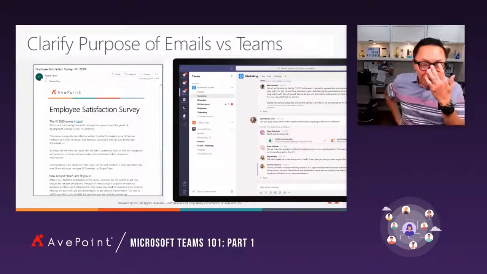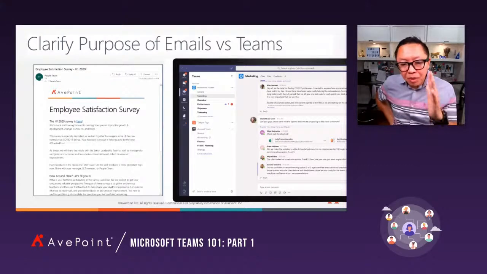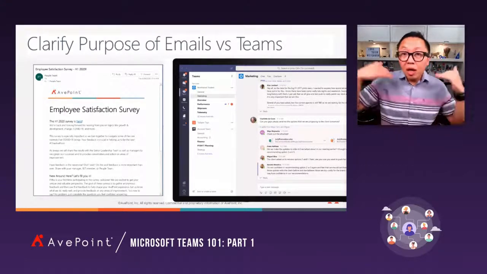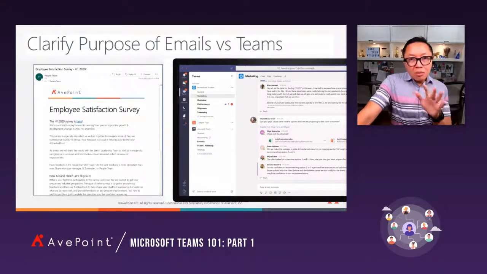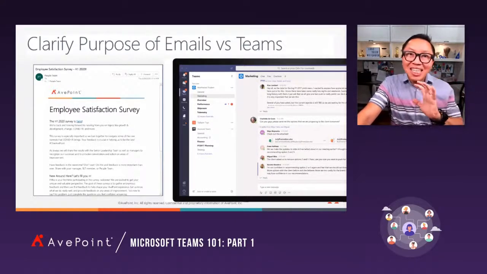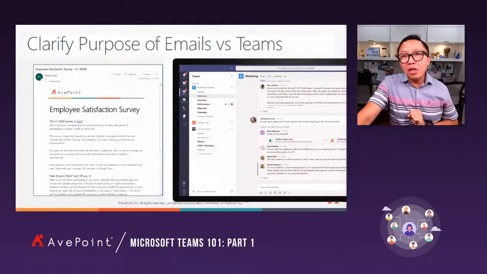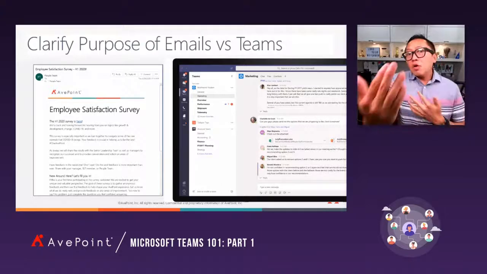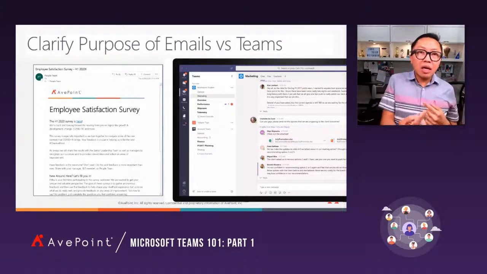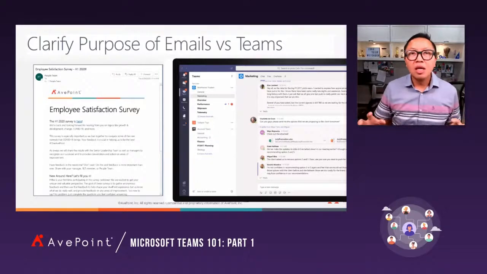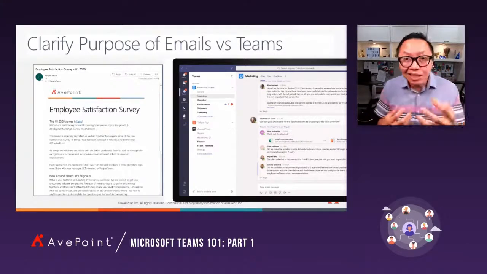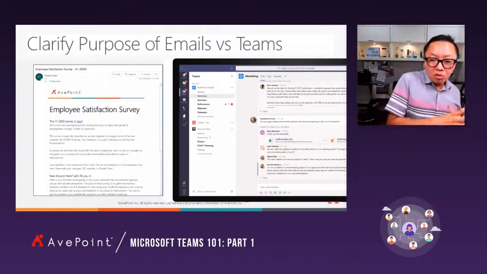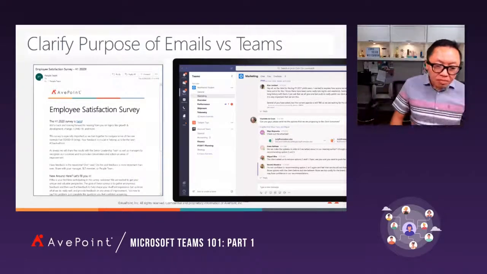And then the other thing that's important is you have to clarify the purpose of email versus Teams. In our company, we made the shift, not just marketing, as an organization. Email is here. We're not saying we're going to kill email. There's a purpose for email, but email is used for broadcasts, for announcements, and for one-on-one, like if there's something I need to talk to my colleague about, we email back and forth. That's cool, no big deal. But for any type of work, collaboration, or task, email is a no-no. We do all of that in Microsoft Teams.